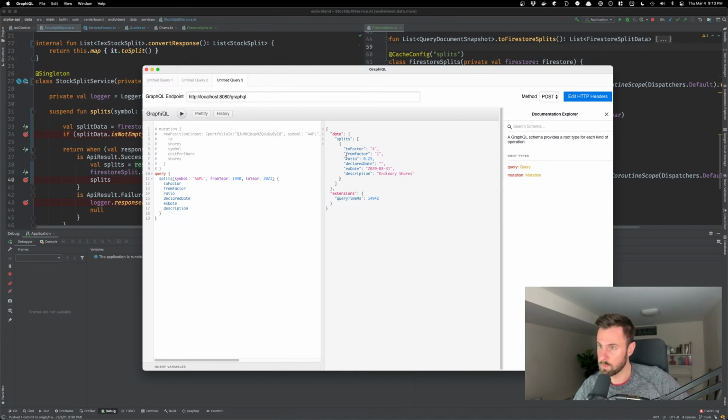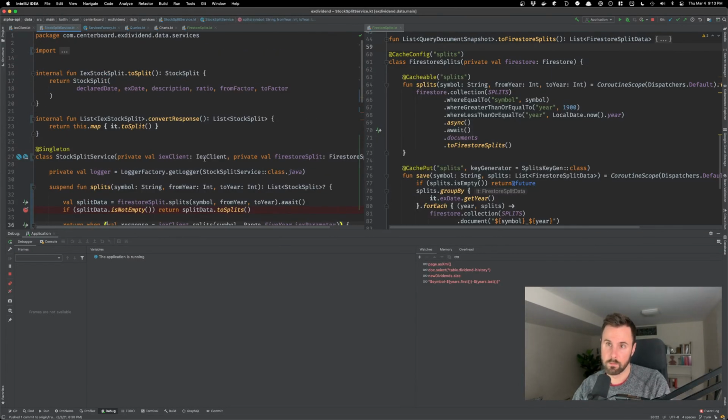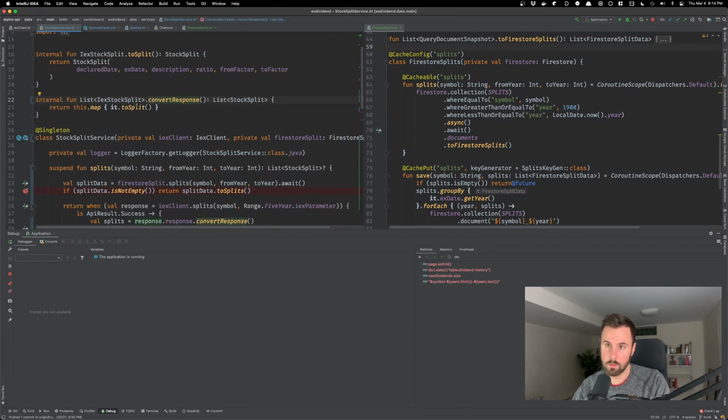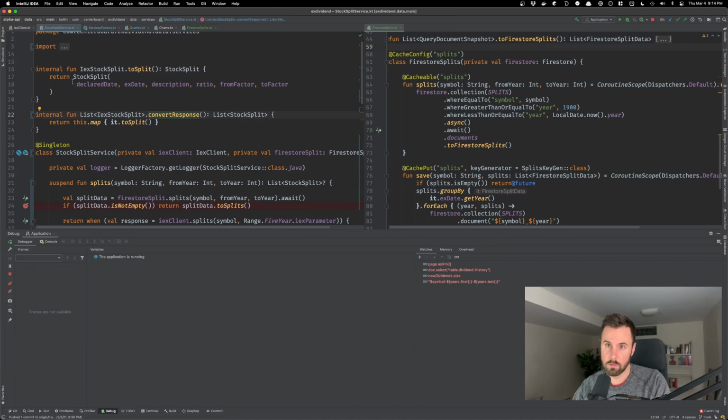So 2 problems. One is make sure declared date is coming through. Declared date, that definitely should be coming through. So declared date, X date. All right, so if we check this here,